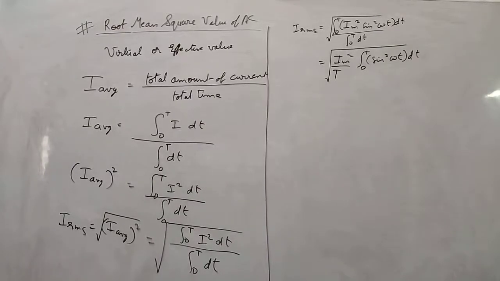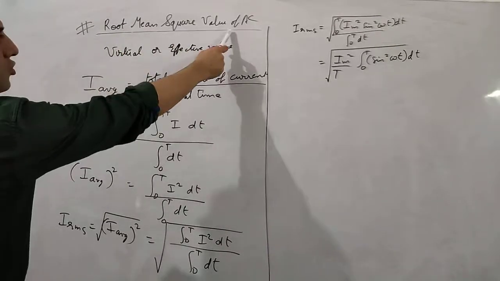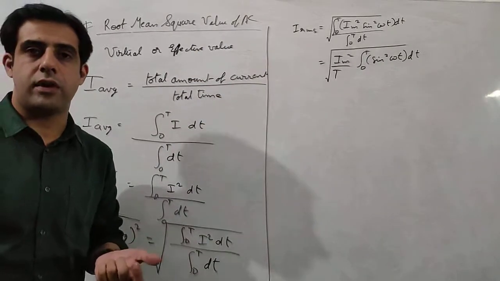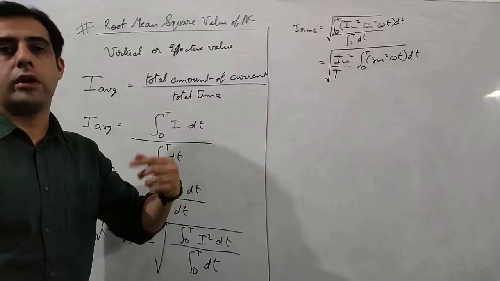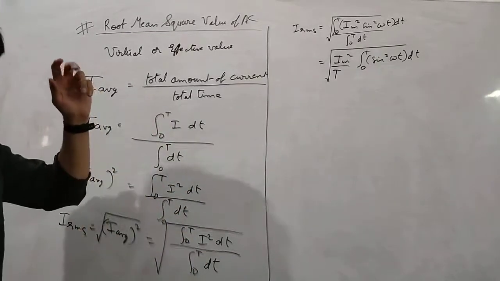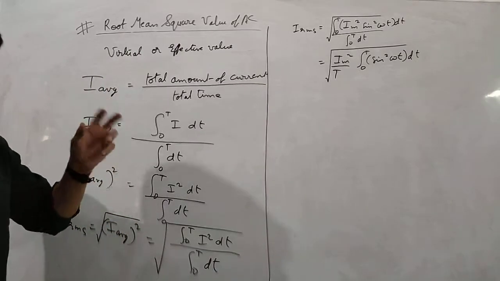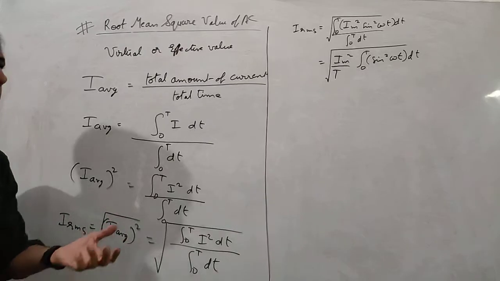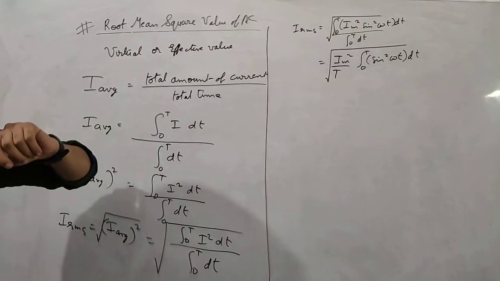In this video, we are going to talk about root mean square value of alternating current. In the previous video, we already talked about the average value of alternating current over one complete cycle, which was 0, and over half the cycle. But both of those average values are not of much practical use. What we use practically, what scientists use practically, is the root mean square value of alternating current.